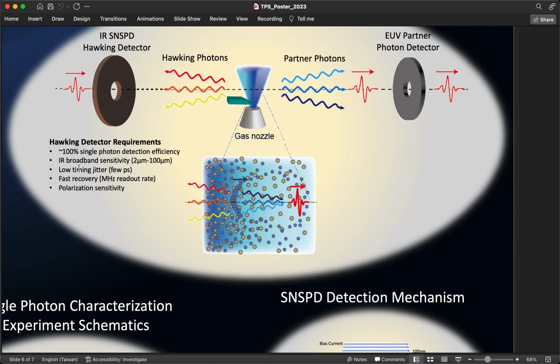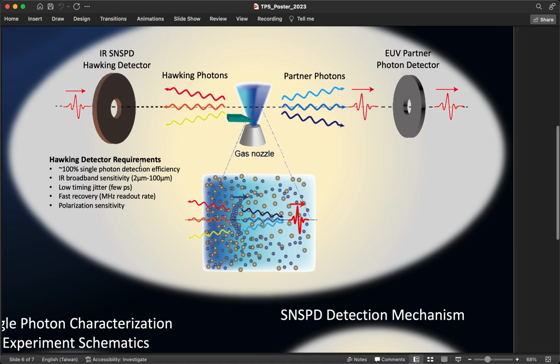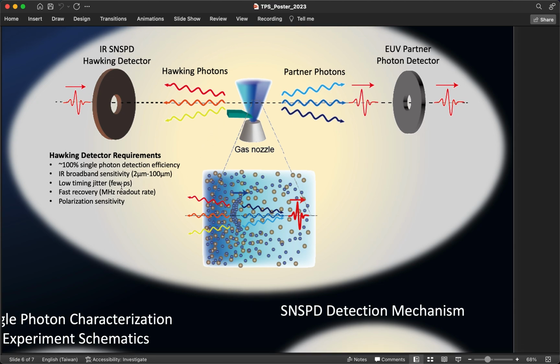We also need the IR broadband sensitivity, which extends from 2 micrometers to 100 micrometers wavelengths, because the Hawking photons radiated from the plasma wake field mirror are estimated to be in this region, and we need a low timing jitter and fast recovery, and also the polarization sensitivity to